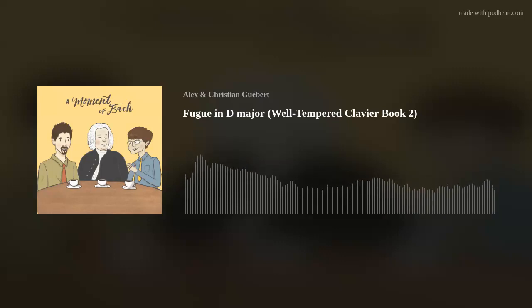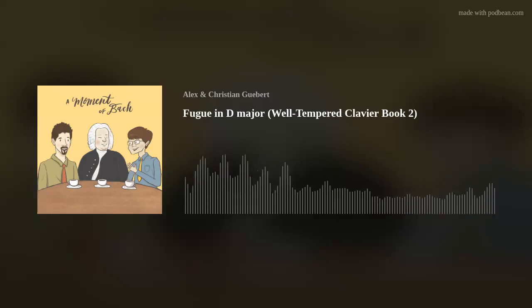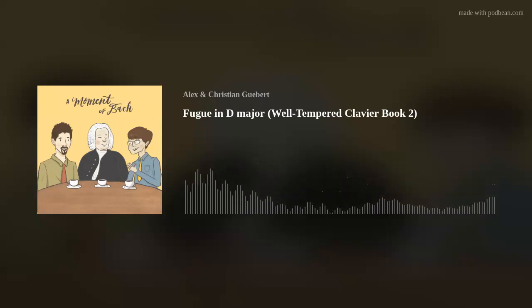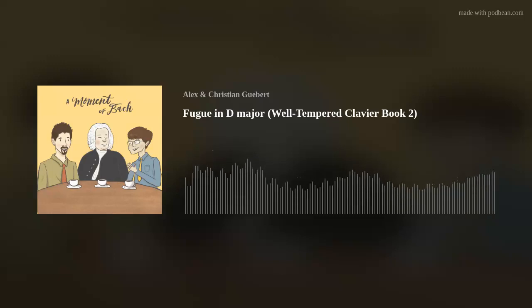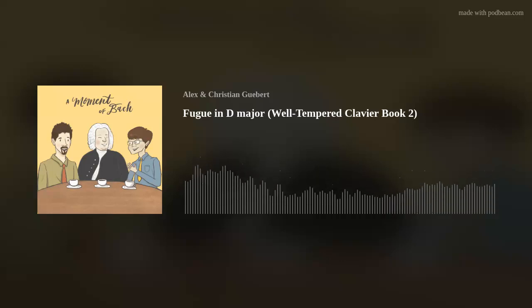And then, Alex, you were going to say that you thought I was going to talk about the second half of the subject and how it sometimes continues on and overlaps with other entries, because it's broken into two. When a full entry occurs, we have those three repeated notes, which are almost iconic and more famous in the Beethoven than here, but very easy to hear anytime they enter. But it's good enough for Bach to just utilize the second half of that subject for almost the entire fugue. It happens way more than the first. The fugue is almost made entirely of that second motif.